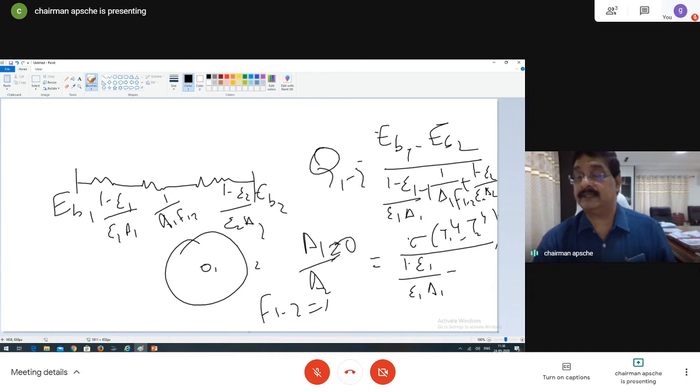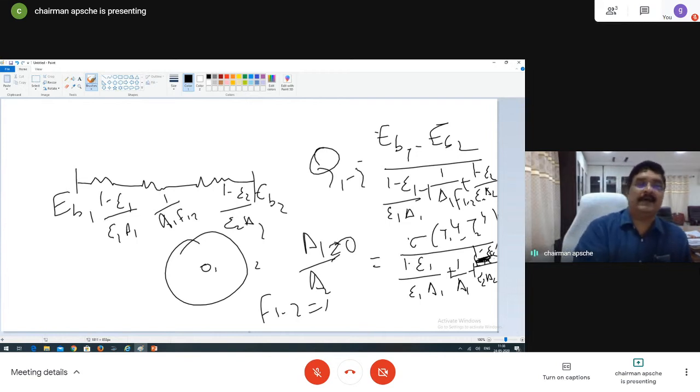Okay, plus 1 by A1 F1 to 2 ledika, plus (1 minus epsilon 2) divided by epsilon 2 A2, right? So, when I take A1 common, I just need to plan it. Sigma, A1 common తీసుకుని పైకి తీసుకెళ్ళిపోతాను. T1 power 4 minus T2 power 4